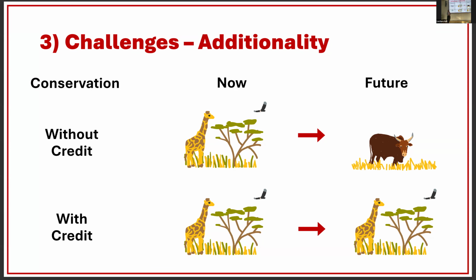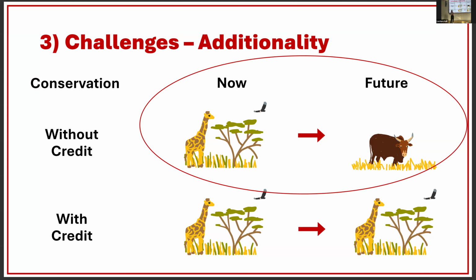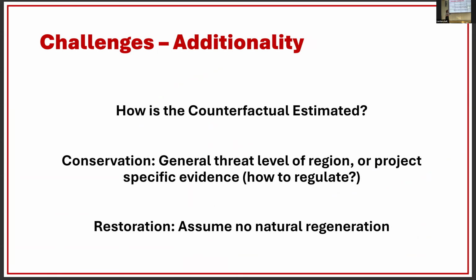And to do that, we need to be doing something that we call, in the technical term world, estimating the counterfactual. And the counterfactual represents this kind of alternate reality future in which we didn't have a credit project. So we need to find some way of estimating, if we could split our lives in two and have a second future, what would have happened if we didn't protect that site or if we didn't restore that site. Obviously, we can't actually see that. We have no ability to see two worlds at once, so we have to estimate the counterfactual.